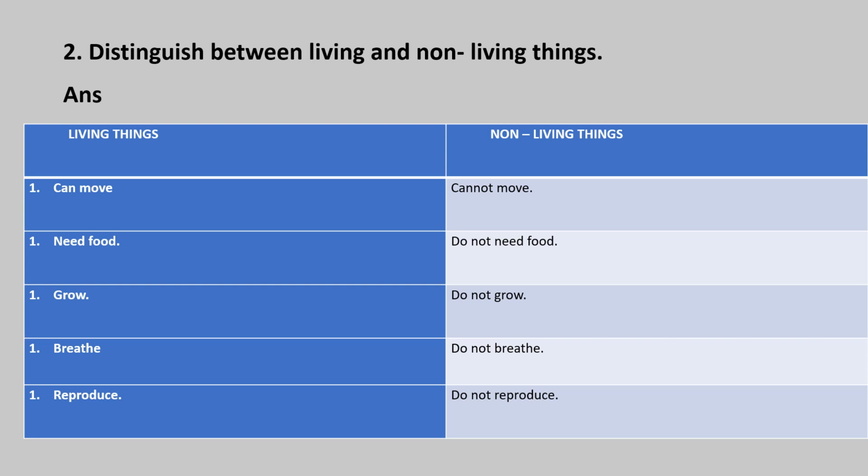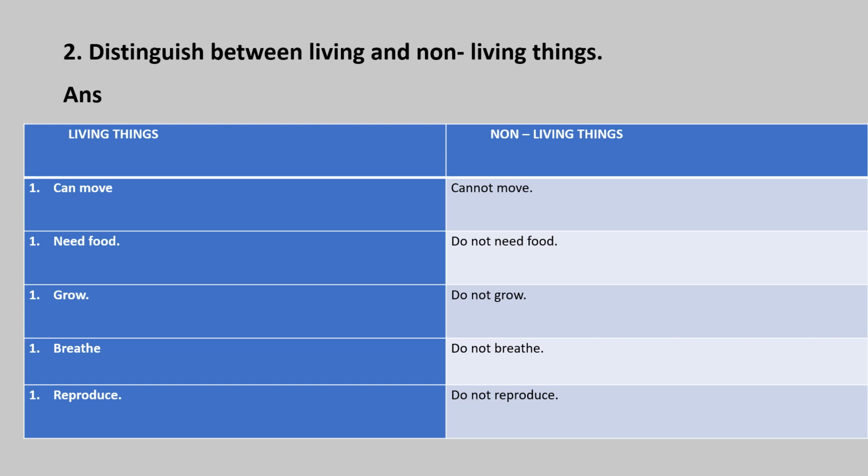Living things can move and non-living things cannot move. For example, humans and animals move from one place to another, but non-living things like your sofa or your bed, have you ever seen them moving? No. So, living things can move, but non-living things cannot move. Second point is